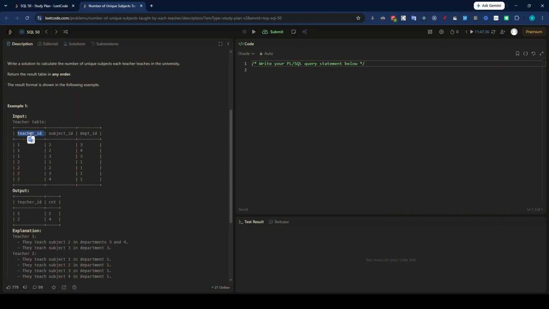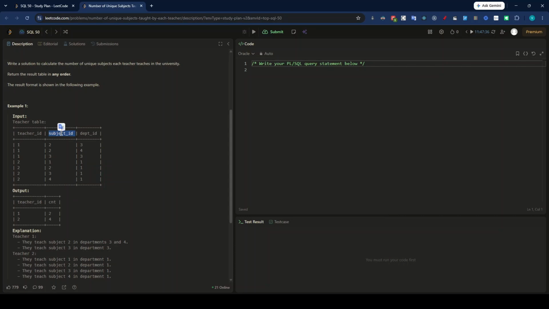For every teacher id we need to find the count of subjects. We will do a group by on teacher id. After the group by, the first three records will be in my first group, and the next four records will be in the second group. And on the subject id, if you take count of star,